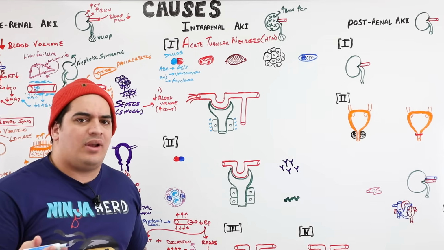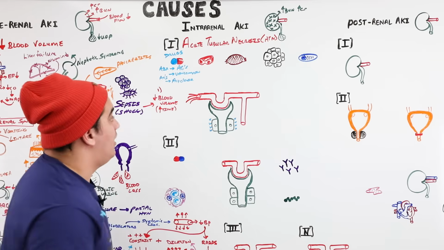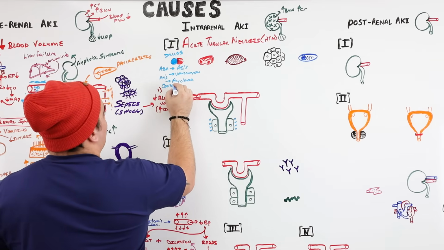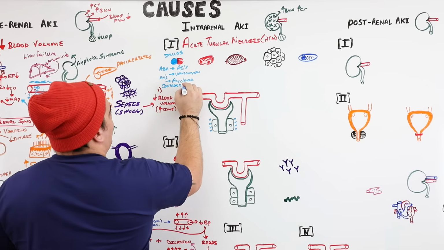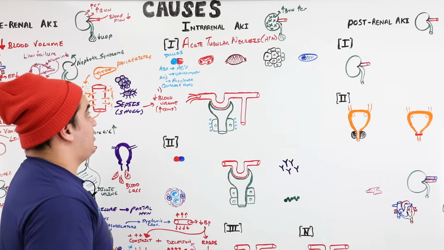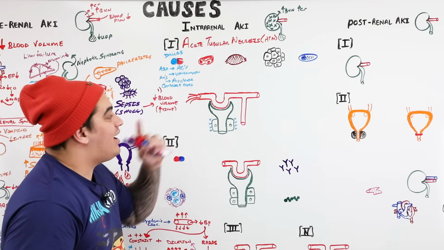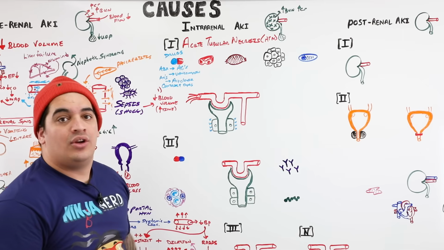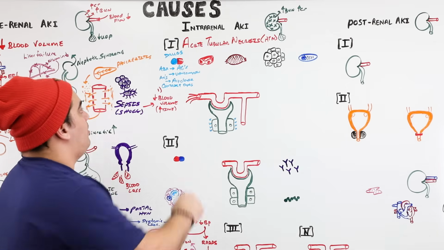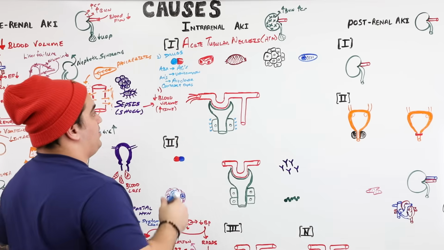One more we also give a lot is contrast dye. So sometimes if someone is getting contrast, radioiodine contrast, stuff like that, contrast dyes may have a little bit of an effect on the kidney tubules as well and cause direct injury. So again, remember these drugs are nephrotoxins, so they cause direct injury to these kidney tubular cells. Okay, so we have reduced blood volume, and we have drugs that directly damage the kidney tubules.